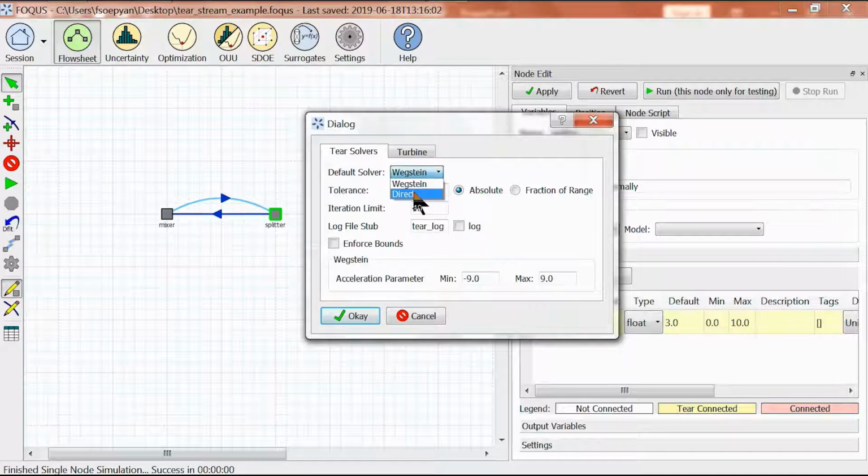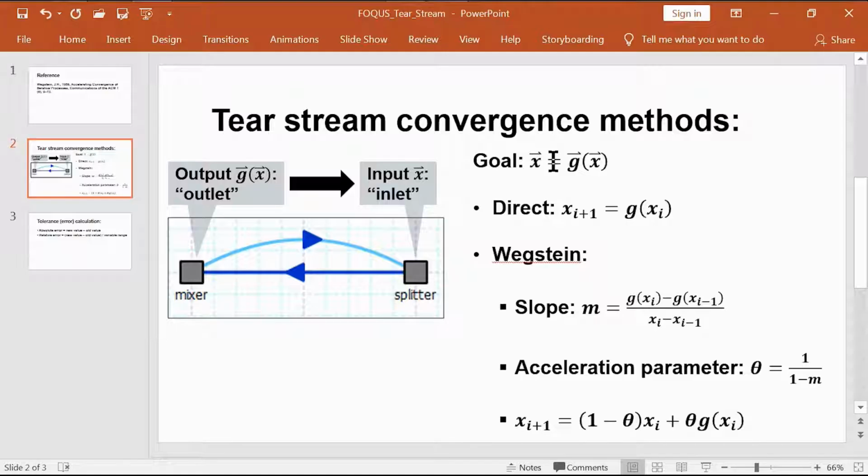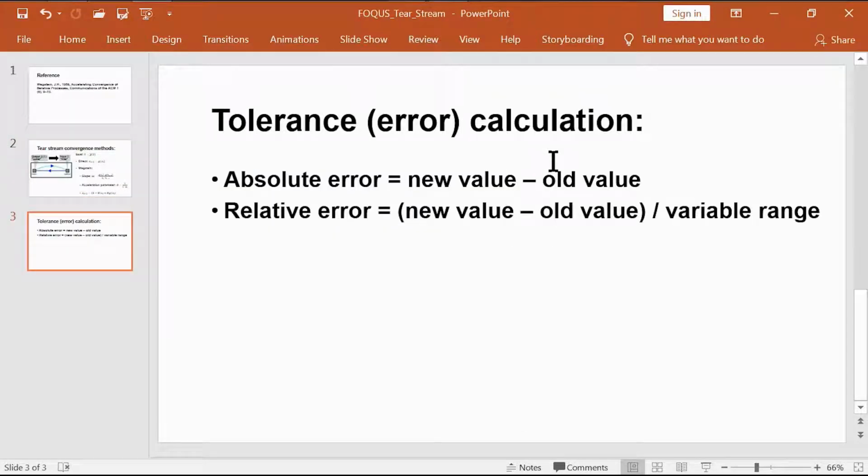So going back to our FOQUS flowsheet, we have our two options. In this case, we're going to select direct. I'm going to leave the tolerance value as is, and however, we're going to click this to determine whether or not we have convergence. The difference between absolute and fraction of range, you can think of it as absolute and relative error. So going back to our PowerPoint slide, how FOQUS determines whether or not we have convergence is